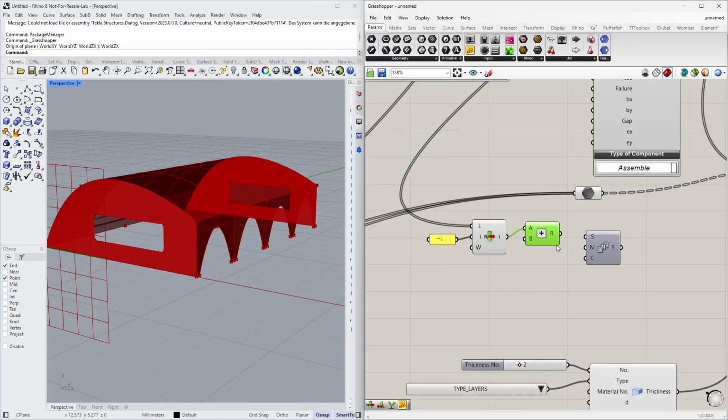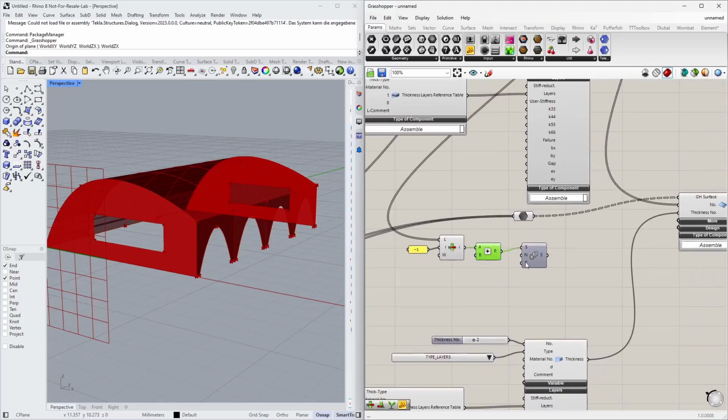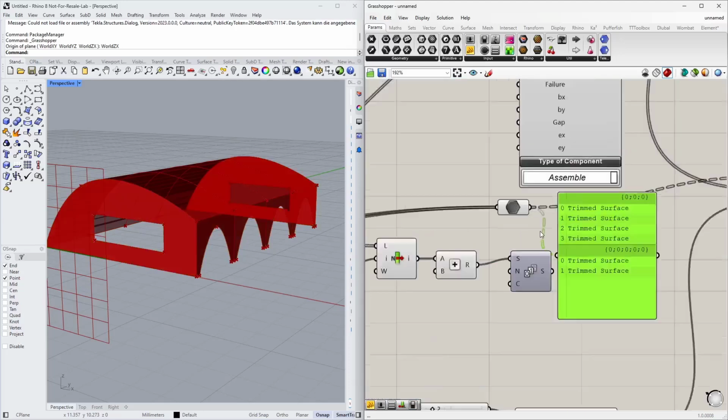So I get the value 4 out of this component, and then I add 1 to it, so +1. And now I have here index number 5, which is parametrically defined depending on the amount of copies and so on. And this is my new start value for the numbering of my walls. The step is again 1, and the amount of copies that I need, or the count, is basically the length of that list. Again, it is not a list, it is a tree structure as you can see here, but if I flatten it,